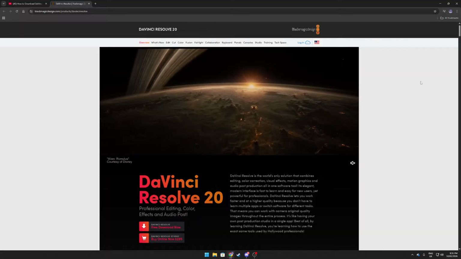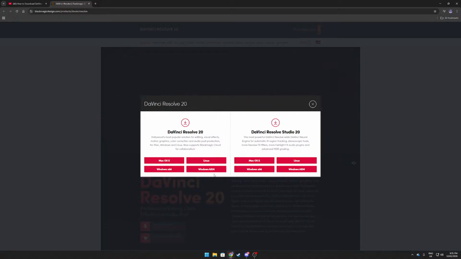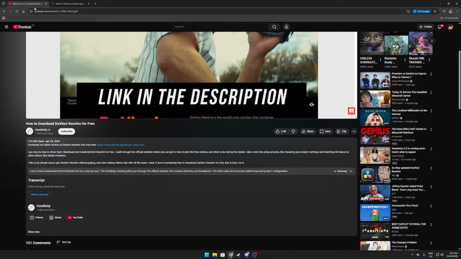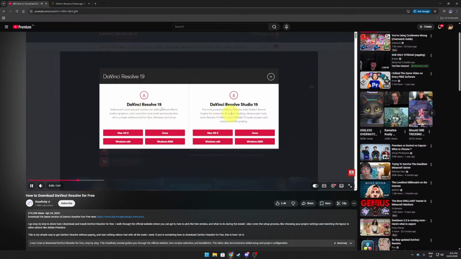Why is just the download button here? Linux, Windows. Oh, there's a products dialog box here to download DaVinci Resolve or DaVinci Resolve Studio 19. Now, the difference is the standard DaVinci Resolve is absolutely free, and the Resolve Studio will cost a one-time fee of around $300 at the time we're